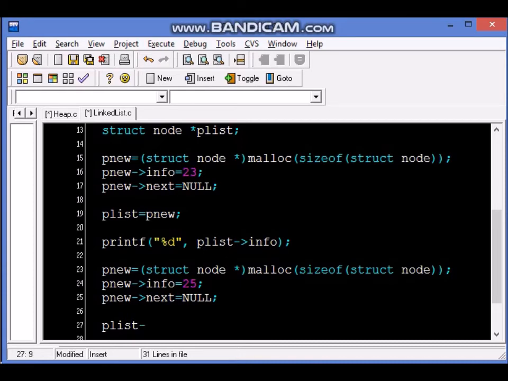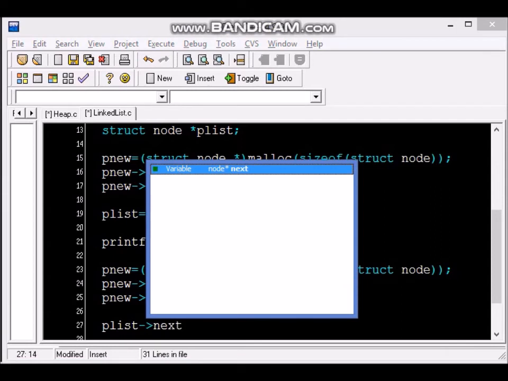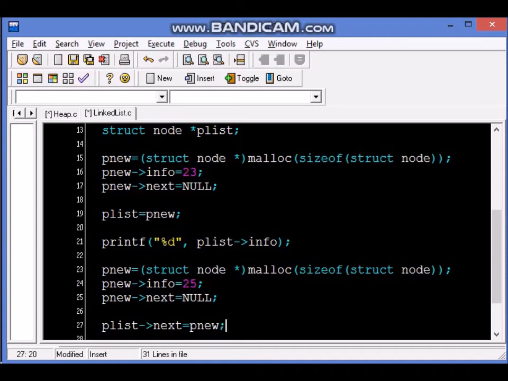The first node is 23, so not 23, but the next node after 23, we want it to be equal to the new pnew we have created. So essentially what we have done, we have created a node called 23. After that we created a node called 25, and we have connected the plist next pointer to pnew.